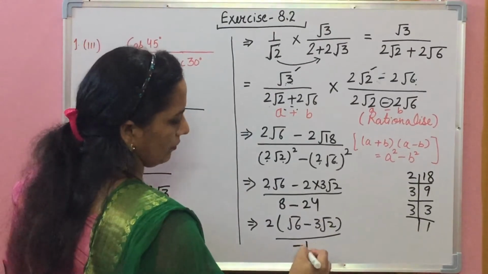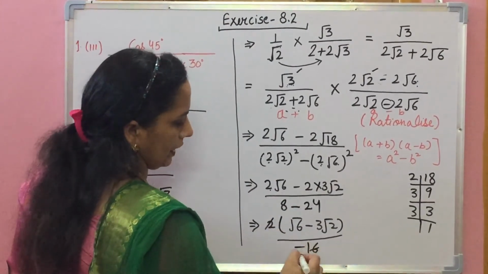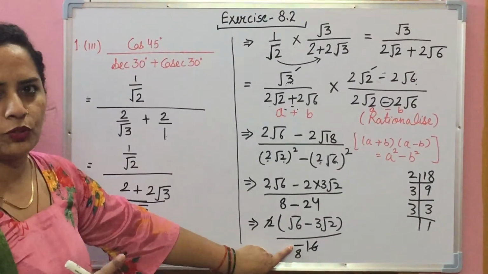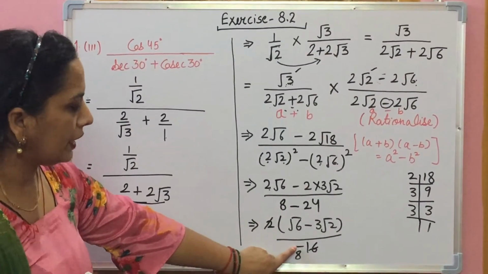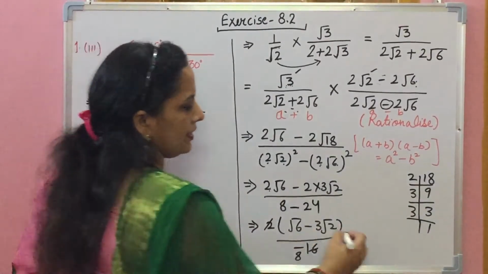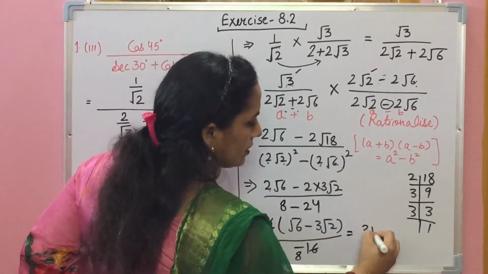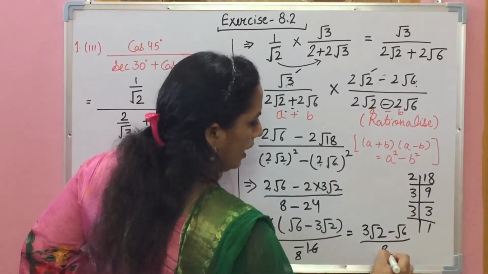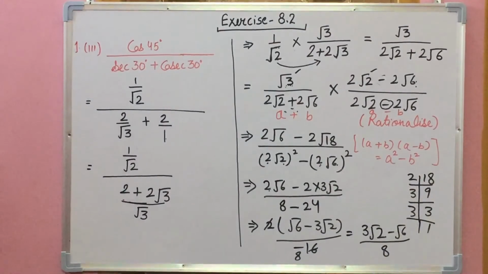Subtract these terms. We have minus 16. We can cancel this term. In the denominator we have negative sign. तो इसको हम यहाँ पर इस तरह से नहीं रखेंगे. नेगेटिव को हम न्यूमरेटर में लेके आएंगे. That's why we have to change this sign of these terms. So this is our final answer.